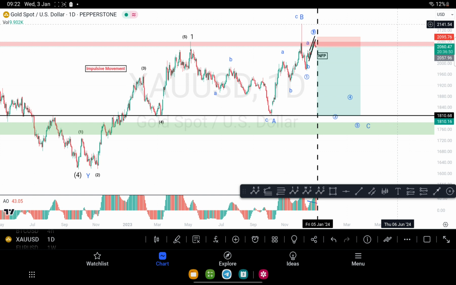Alright, so now let's actually get into the charts and what I see in the charts and where I think gold is about to go. If we look from October of 2022 till May of 2023, we had a bull run. In Elliott waves we have two different types of movement, one being the impulsive movement, which consists of 5 internal waves, the second being the corrective movement, which consists of 5 different unique patterns.